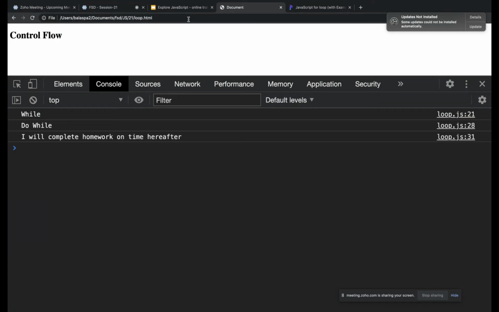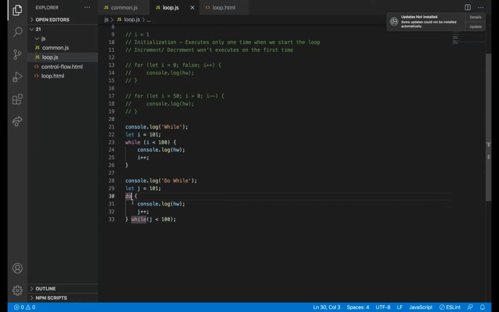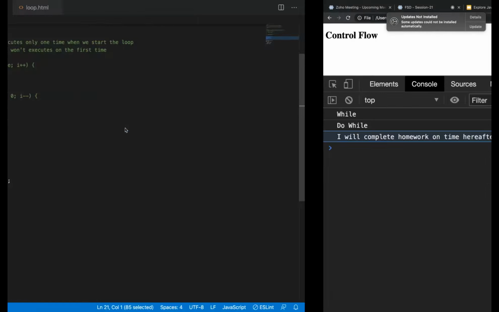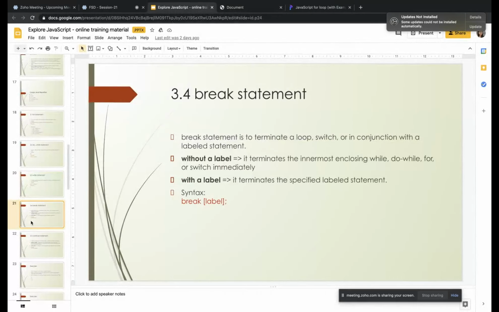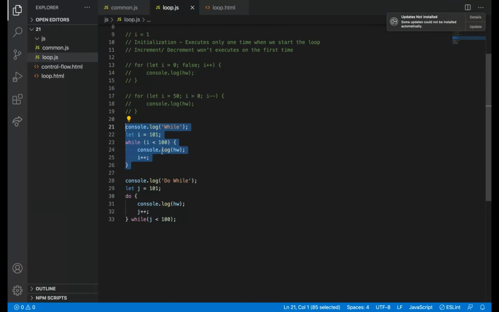So what it does, see, while loop has not executed anything, but do while executed one time, not 100 times, only one time it came inside the loop. Why? Because in do while loop, at starting we are not checking the condition. At the exit only. So we will say this as exit loop, and this as entry loop, I think. I don't remember these names, but I have studied in my school days. There is a thing called exit loop and entry loop. So here in exit only we are checking the condition.